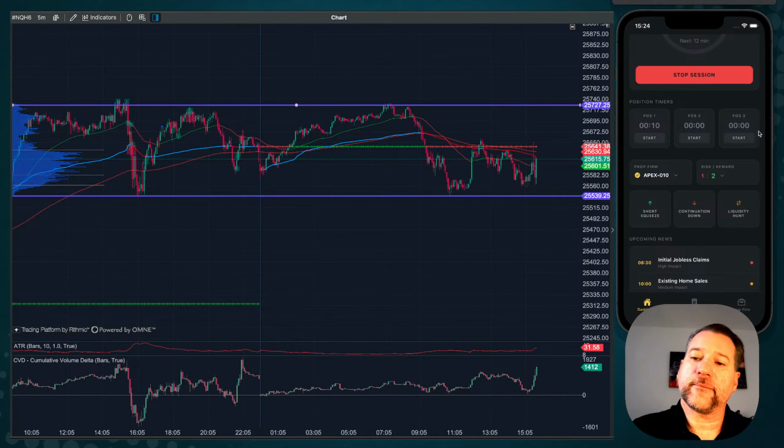So every trade that I'm logging in here using the position timers is going to be reflected on the selected prop firm, and it's going to log the wins and the losses, or a break-even trade. I'm going to open a trade for the demonstration today, but I need to have a bias to see in which direction I'm going to trade. If I don't see a very clear direction here to break this out here,